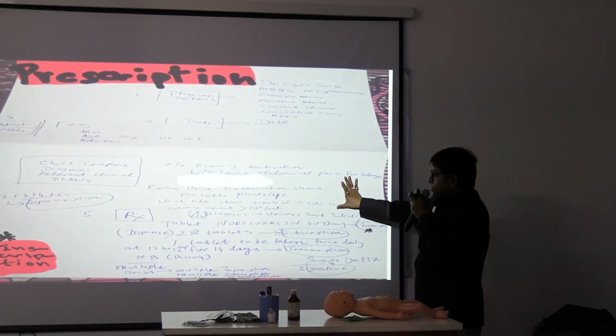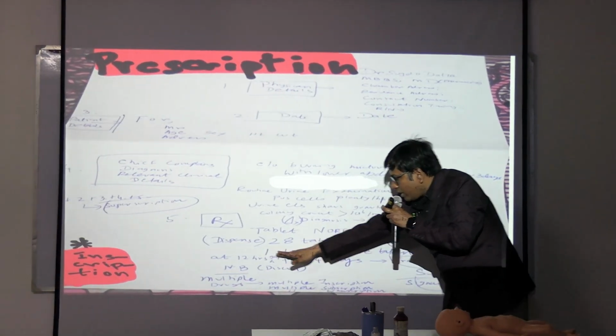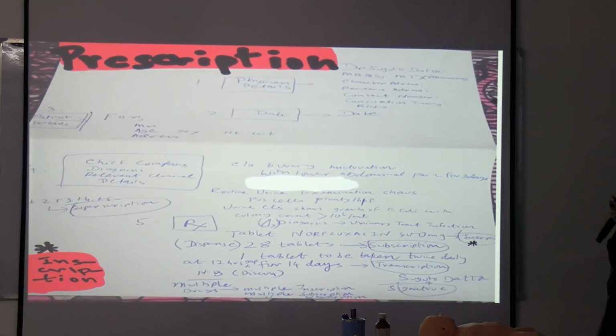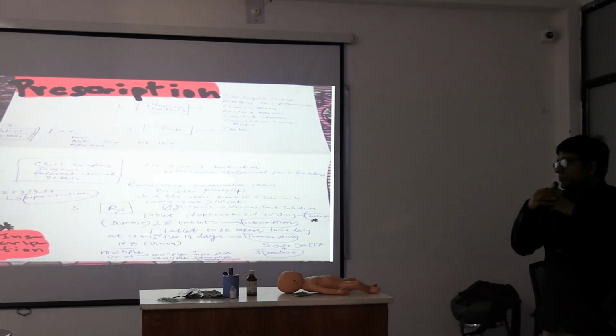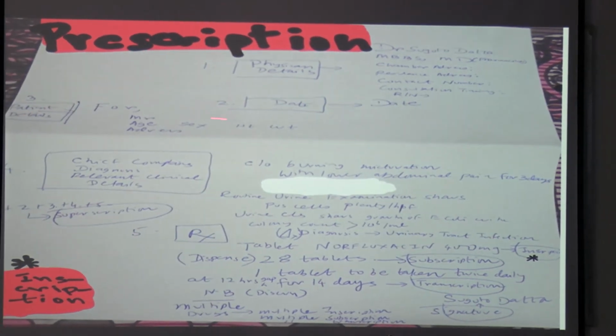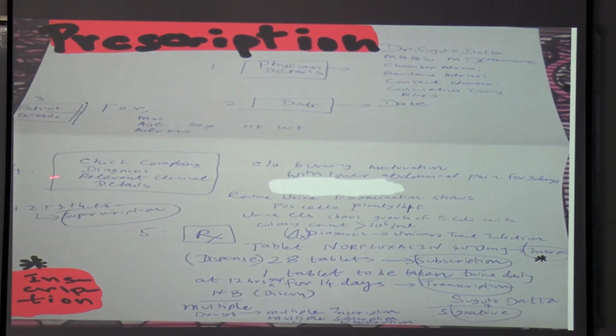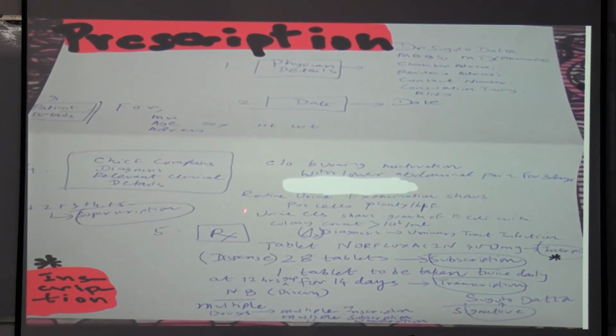চিফ কমপ্লেন শেষ হলো, ডায়াগনোসিস শেষ হলো, ইনভেস্টিগেশন শেষ হলো, তার নিচে এখানে তুই RX লিখবি, তারপরে তুই এখানে প্রেসক্রিপশন অ্যাডভাইসটা লেখা শুরু করবি RX এর নিচে। তাহলে চিফ কমপ্লেনের নিচে RX, তার নিচে প্রেসক্রিপশন। এইবারে এই RX অবধি ফিজিশিয়ান ডিটেলস, ডেট, তোর পেশেন্ট ডিটেলস, চিফ কমপ্লেন, ডায়াগনোসিস, রেলিভেন্ট ক্লিনিক্যাল ডিটেলস অ্যান্ড RX, এই 5টা 1 + 2 + 3 + 4 + 5, এই 5টা মিলিয়ে হচ্ছে সুপারস্ক্রিপশন।